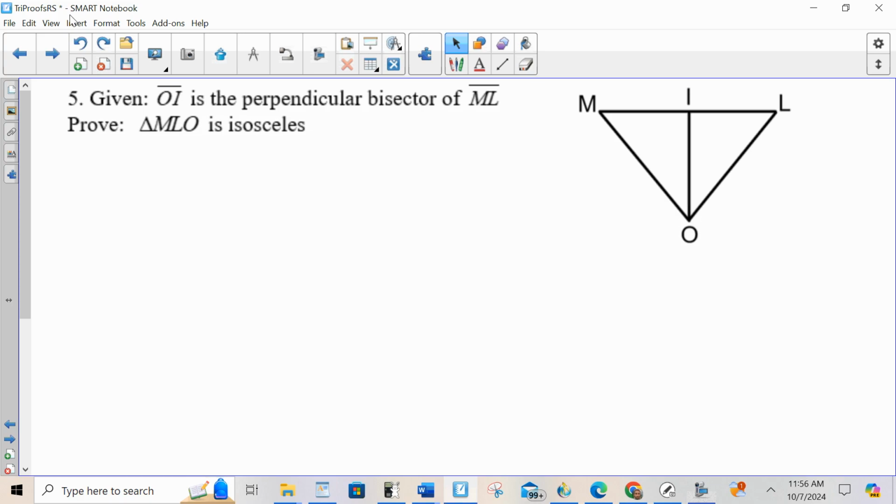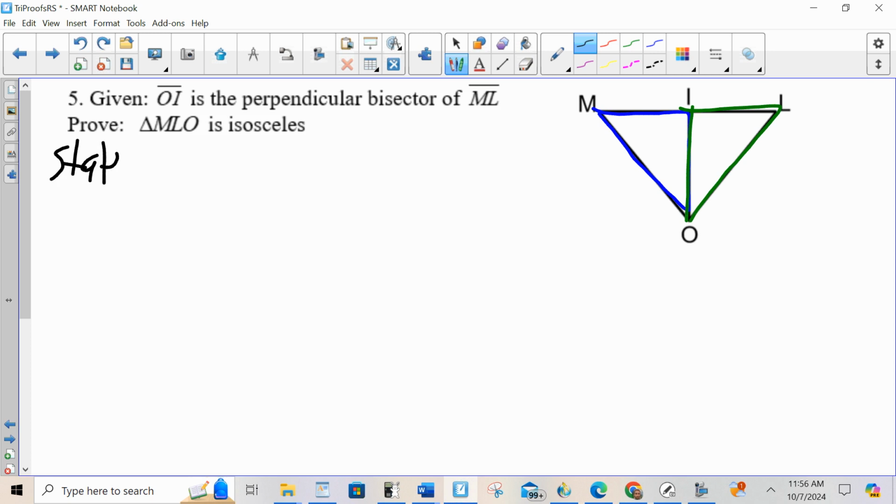So number 5 wants me to prove that triangle MLO is isosceles. Well, I'm always proving triangles are congruent. So is it obvious which triangles I'm proving are congruent? It is to me. The blue and the green. So statements,